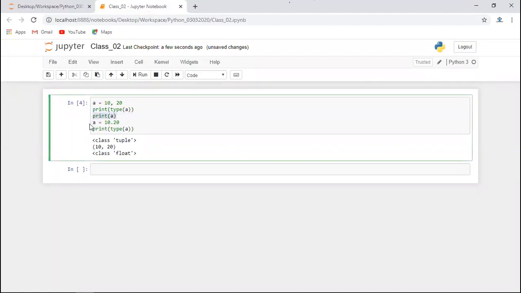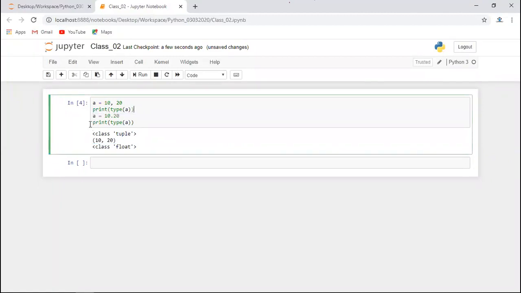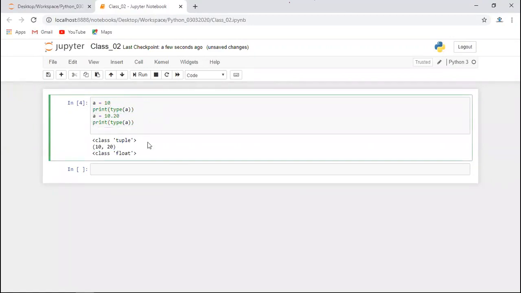Now let's say A is equal to 10 and B is equal to 10.20. If you write C is equal to A plus B, C will become the float type.